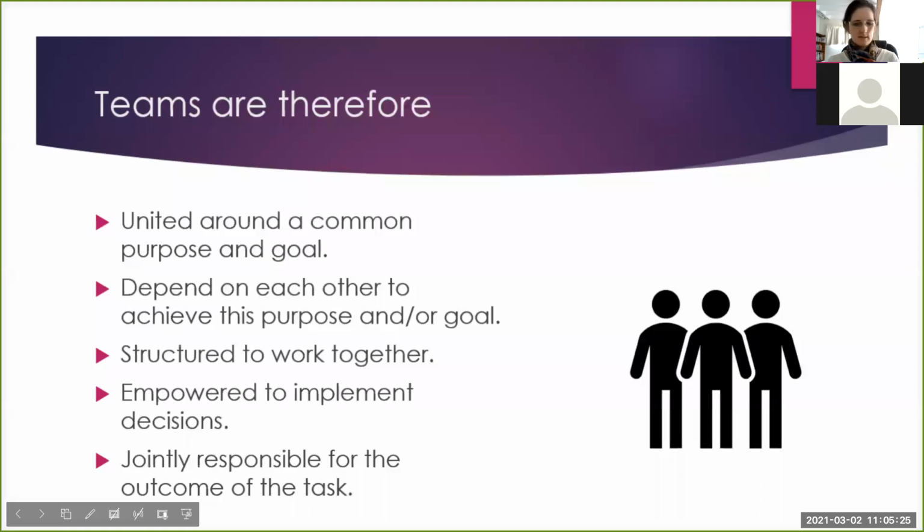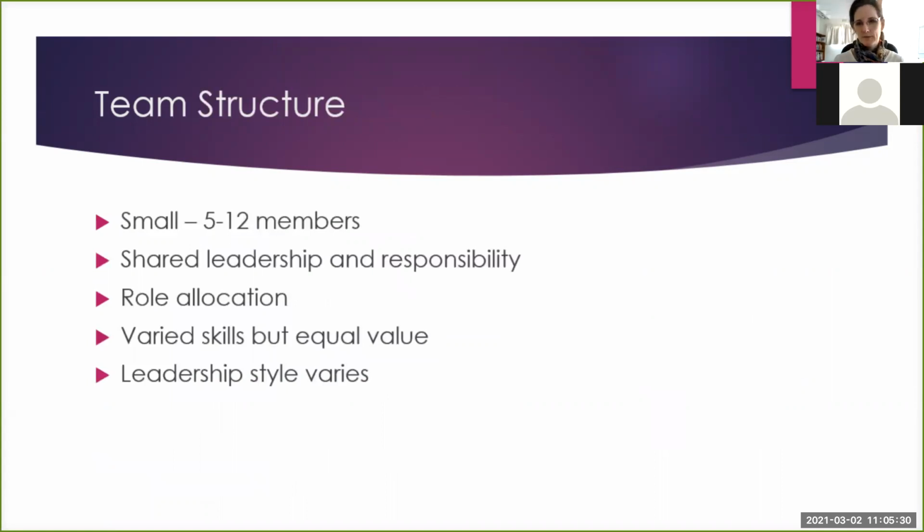Okay, so we were last looking at a summary of teams. I think we finished that one. So because of the key attributes of a team, that affects its structure. And one of the key influences, if you want to build a team, is that you're going to have to keep the group size small. An effective team is usually between 5 and 12 members. I wouldn't go beyond 9 for an effective team. If it gets to 12, I would break it into 2, 6 and 6. So keep that in mind when you're building your teams. Try and keep them small. I'd rather have more small teams than one very large group.